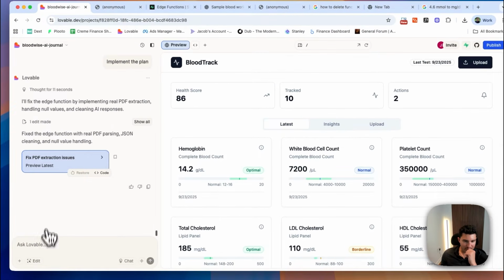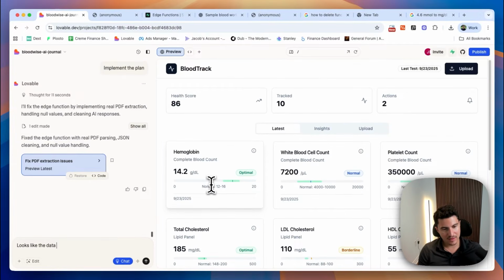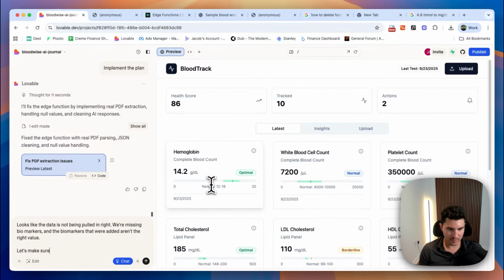So let's ask it what's going on here. Looks like the data is not being pulled in right. We're missing biomarkers, and the biomarkers that were added aren't the right value. Let's make sure the format of the values